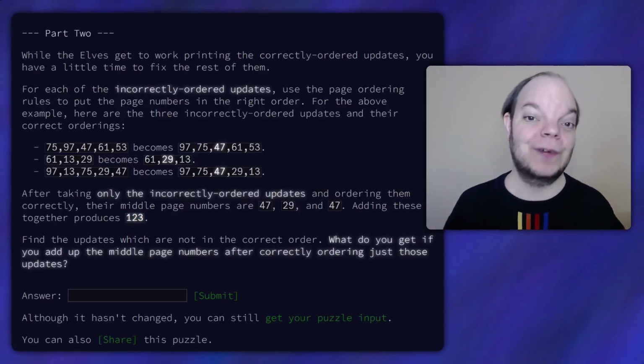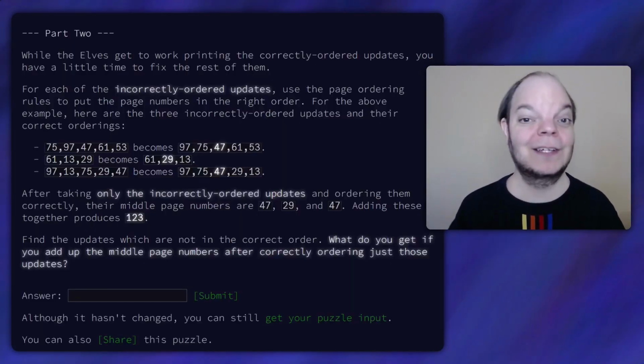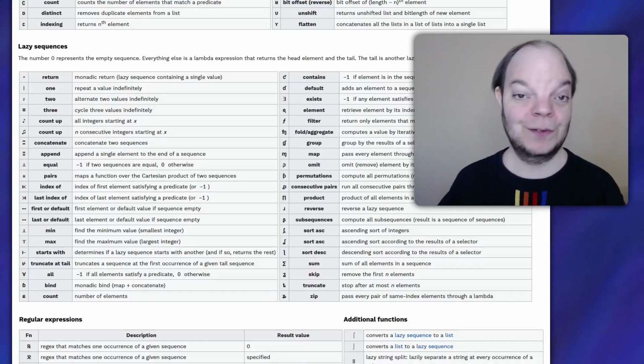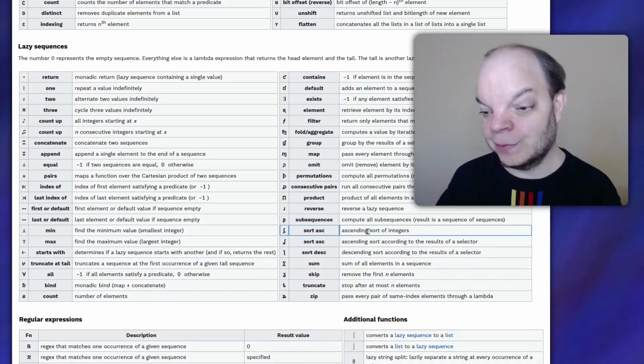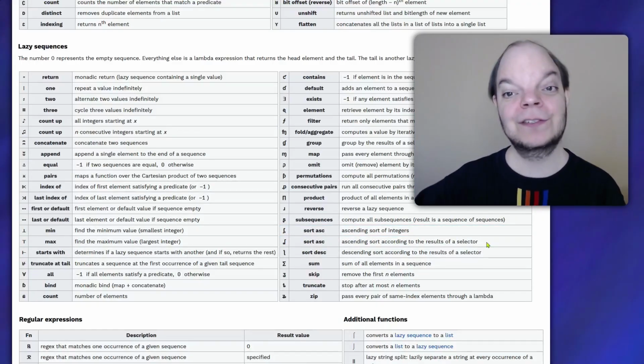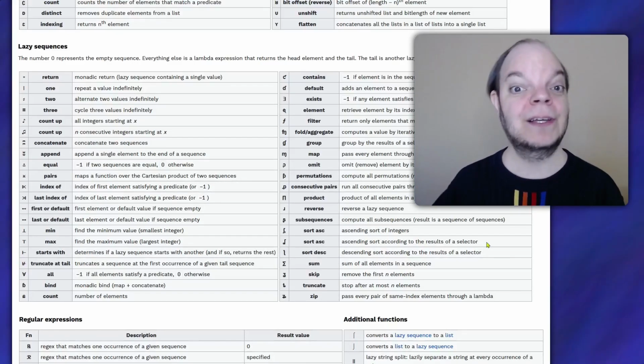Now, I was kind of dreading this because initially I didn't really have a good idea on how to do this in Funciton. But since this was my guess for the second part, I've had enough time to think about what I would do. And the main reason I was unsure is because the only sort functions we've written so far in Funciton are this one here, which literally just sorts integers, and this one here, which takes a selector, in other words, a function that will transform every element to a new element and then sort by that, while